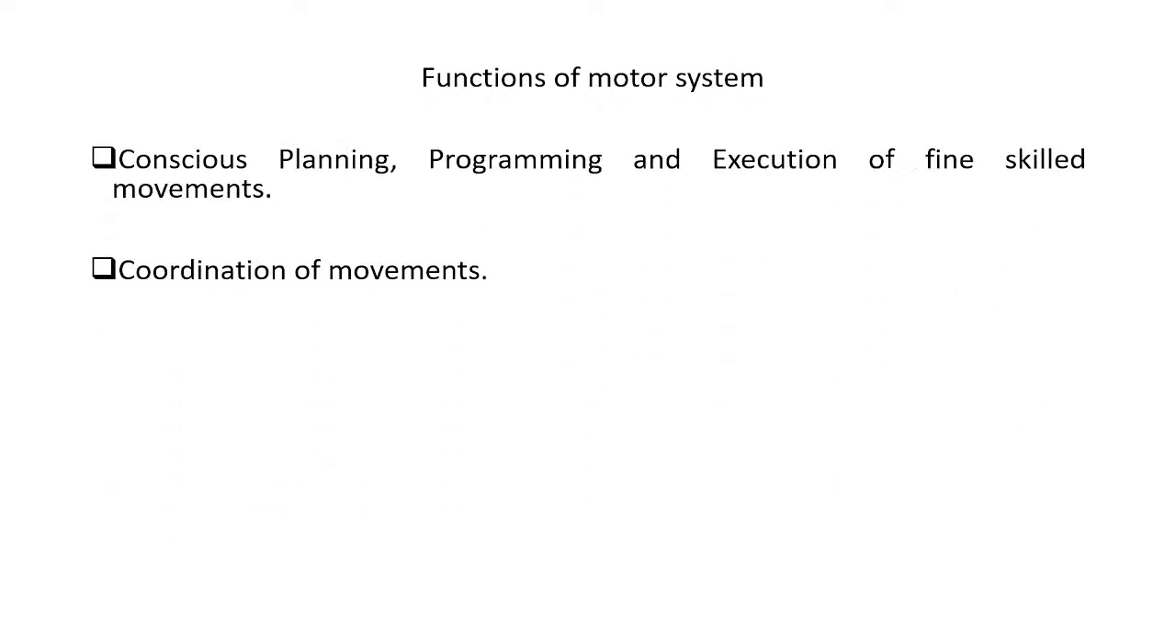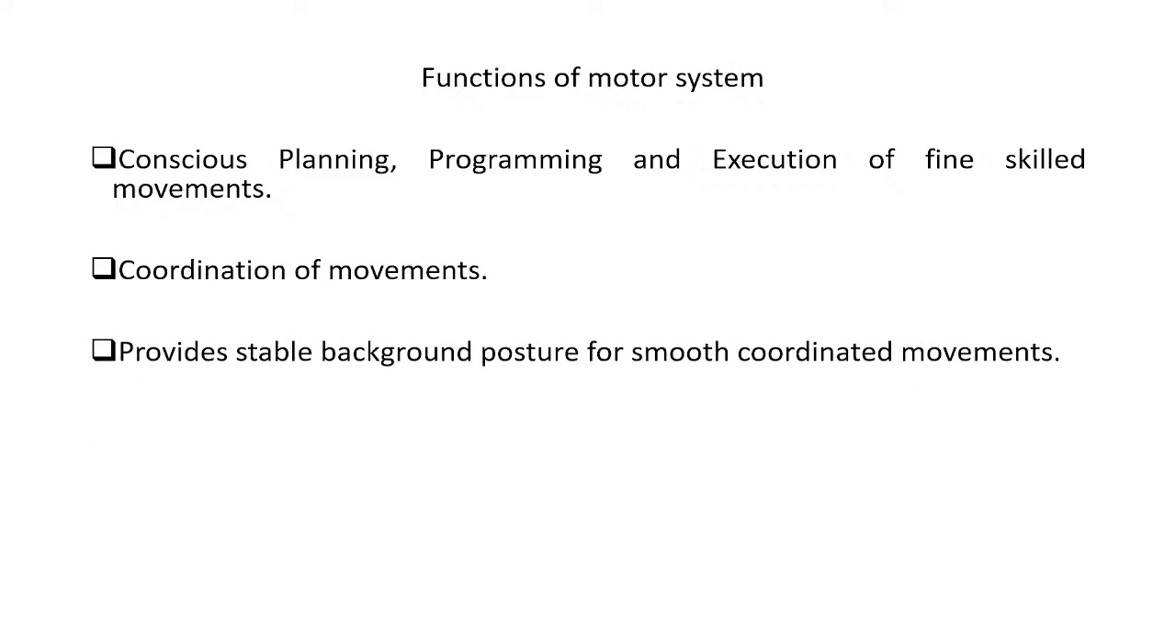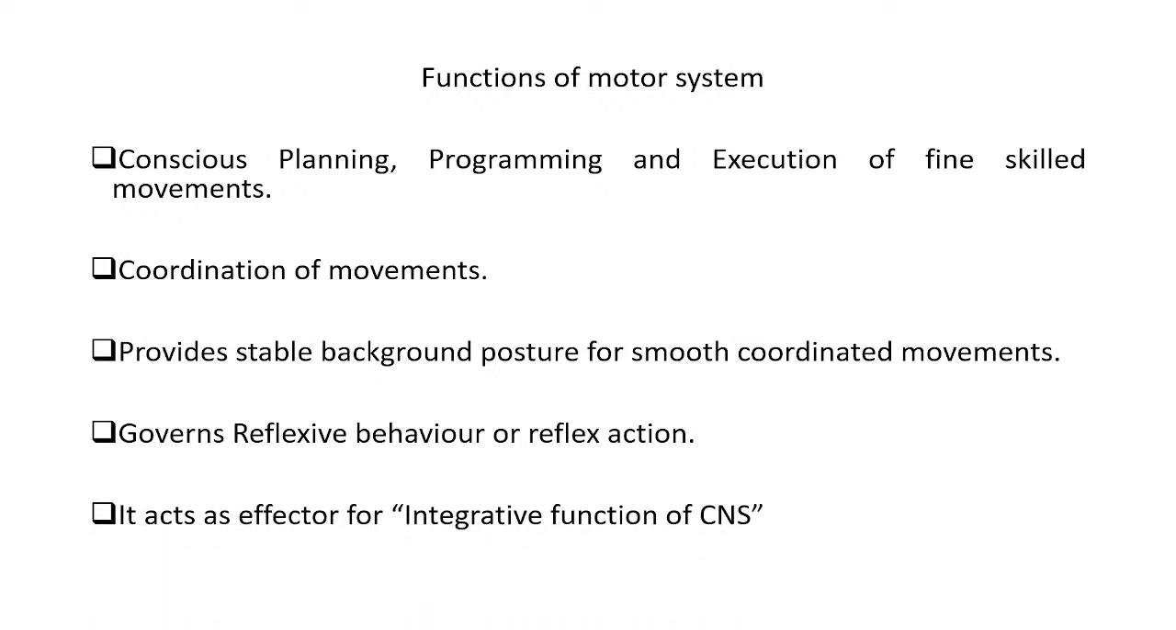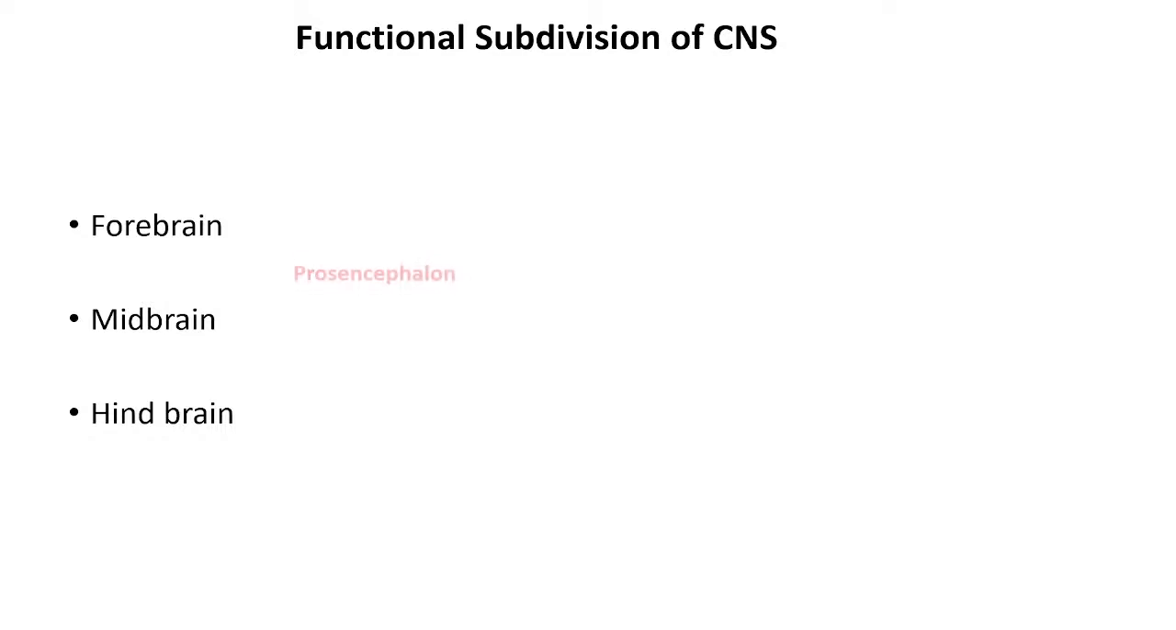The functions we have discussed already, that is planning, programming and execution of skilled voluntary movements. Then we have discussed the coordination of movements, then stable background posture that is required for the skilled movements, and the reflexive behavior, that is our stereotyped actions. And finally it has an integrative function, that means how to respond, how to react, that is called sensory motor integration. So, we have discussed this functional division of the brain,